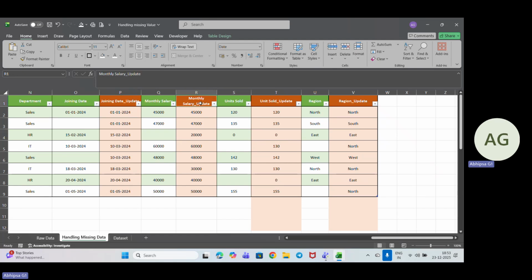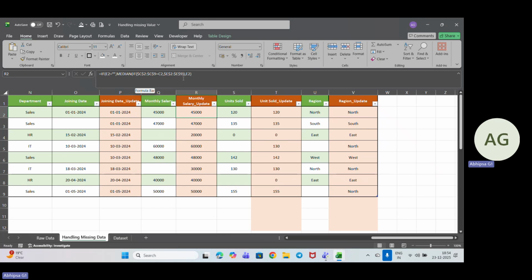Now we have this monthly salary, because what we are doing here, we are trying to find out the median, and in case of median, we are trying to get it. So we are using the if, this first we need to find out, because this operation needs to be taken only for the blanks, right? So we are checking first for the blanks. So where only we will be getting the blanks, there we will be using the median, and median with if, like we are taking this with C2, like we have just taken the absolute value that is equal to C2,